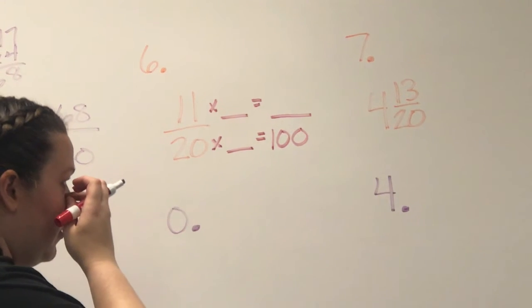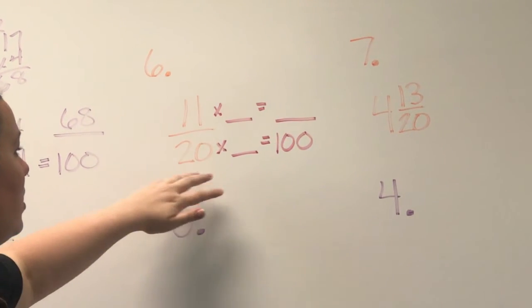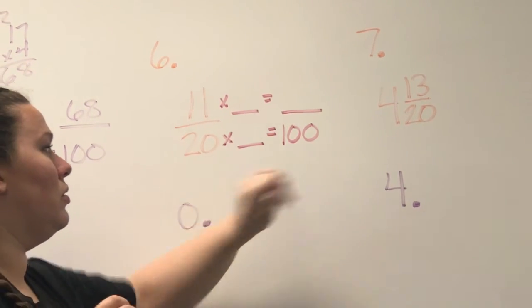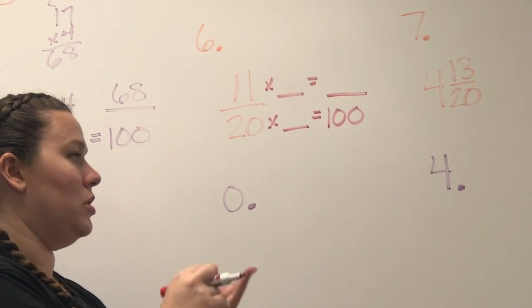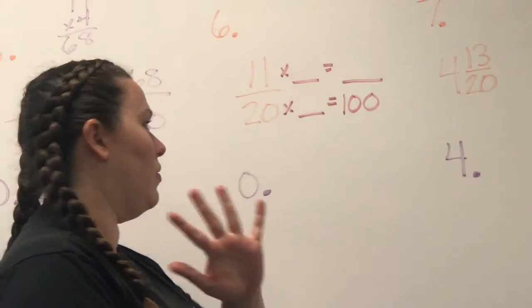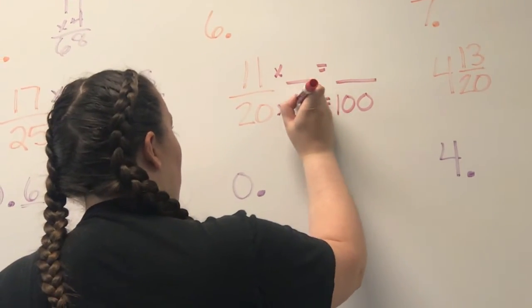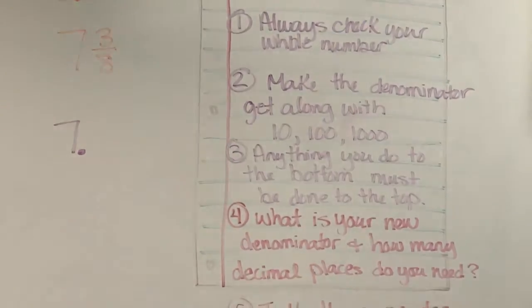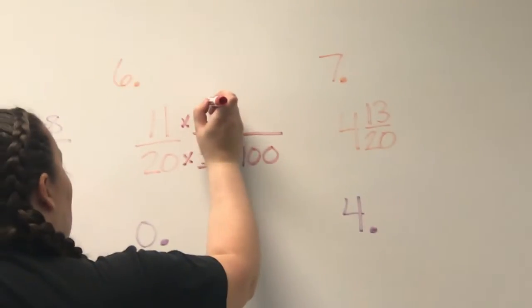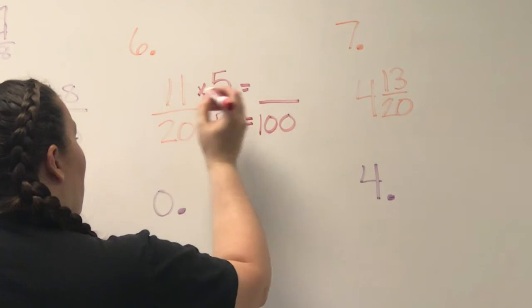We don't know what that top number is yet. 20 times something gets you to 100: 20, 40, 60, 80, 100. My answer is 5. Anything you do to the bottom, you also must do to the top. 11 times 5,